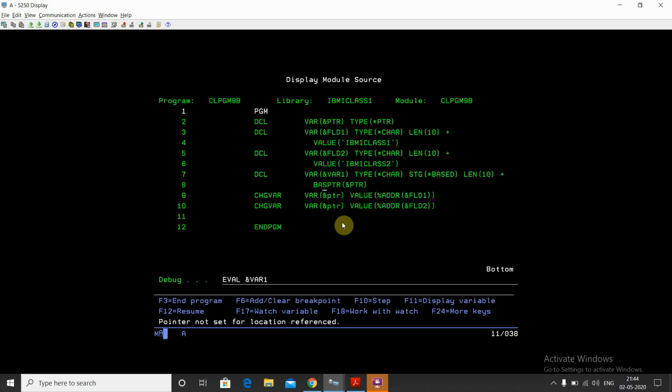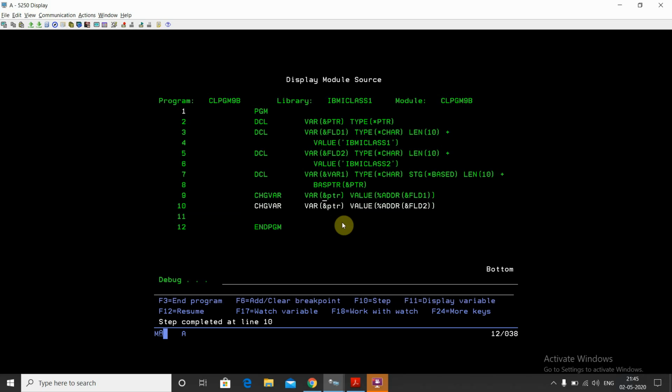Once that pointer variable has the address, then we will be able to see the value at this variable, because var1 is based on this basing pointer variable. So just press F10. The %addr function, or %address, will evaluate the address of this variable field 1 into this pointer variable. Currently this is null.